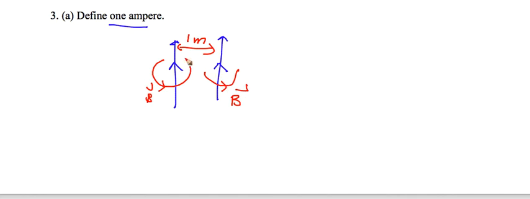So 1 ampere of current through each of two parallel conductors of infinite length, separated by 1 meter